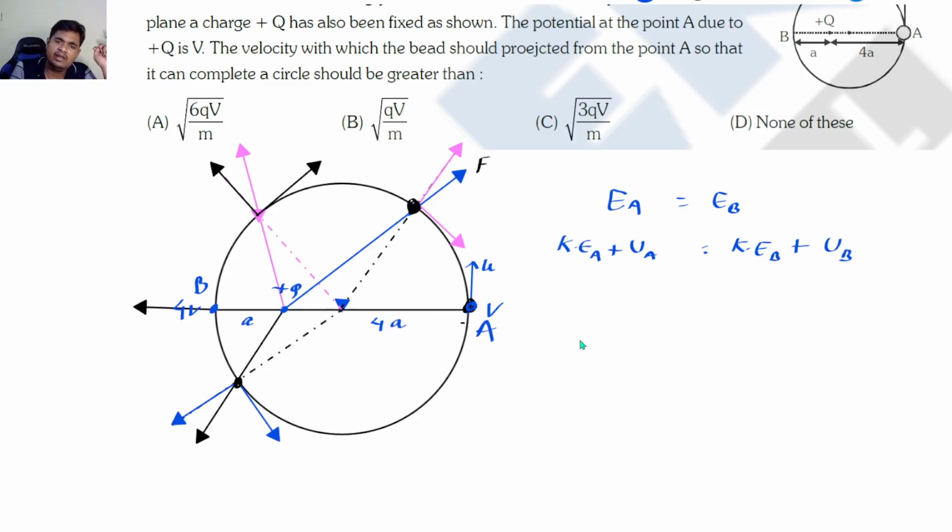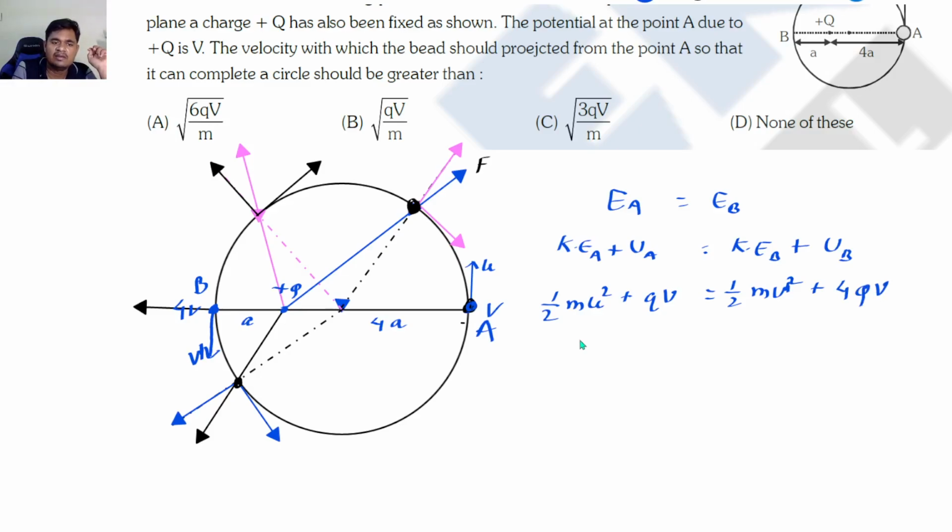Now kinetic energy at A is how much? That is half m U square, so let us consider U square. Potential energy is Q times V here, and kinetic energy at B, let's say, is half m V square, where I am assuming the speed to be V at point B. And the potential energy I will call V dash, because V we have already used for the potential notation, plus potential energy at B will be 4QV,